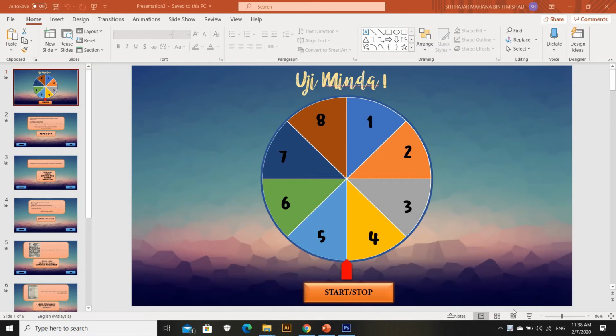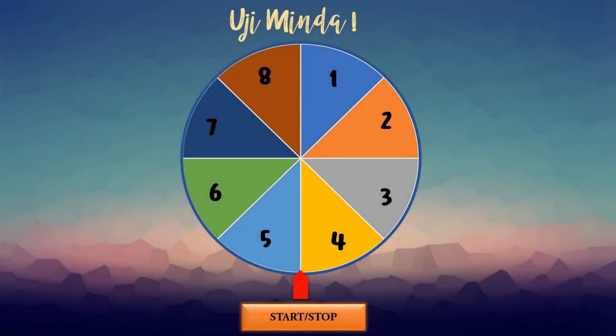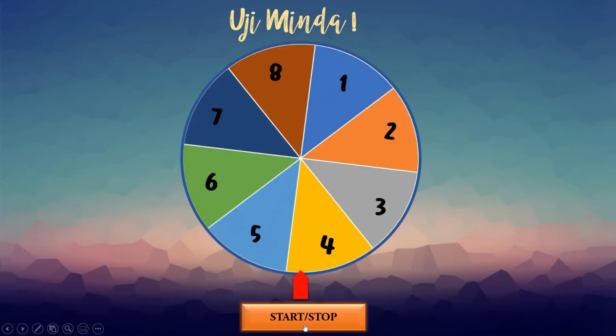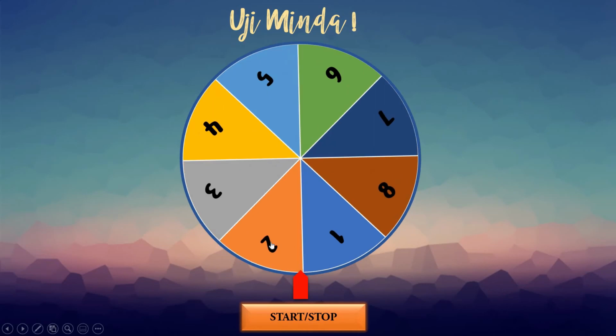Alright, now I will show you how to play the game and the rules. So here I will click. It is full screen. Okay, now the title is Uji Minda, and here is the wheel, and here is the button to click, and then the wheel will spin. So the rule is every group has their turn one by one, and I will click the button for them. Let's say it's the first group, so I will click here and click again to stop, and here is number 2,